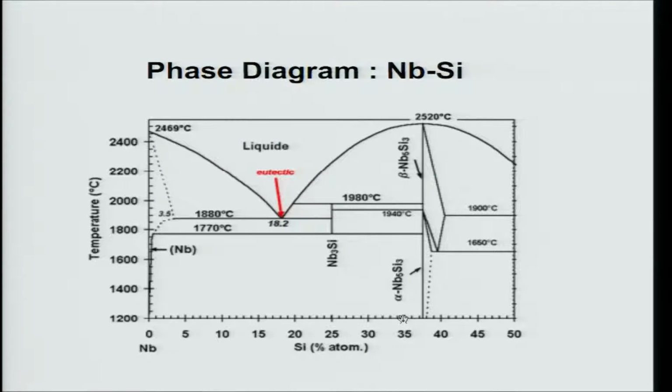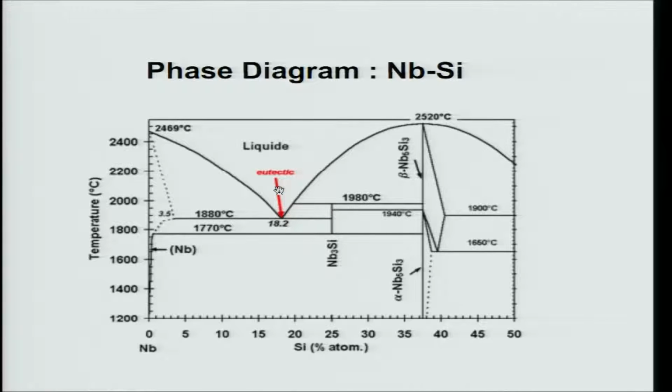Now, let us look at another system which is a little bit complex, but do not bother now about reading the phase diagrams, because the course is basically meant for phase diagrams. So, right now we only look at the relevant parts of the phase diagram. You see this is a phase diagram between niobium and silicon, but we are only showing half of the phase diagram now, where silicon concentration varies from 0 to 50. The other 50 to 100% I am not showing. So, the reason is very simple, there is a eutectic reaction marked by this red arrow,